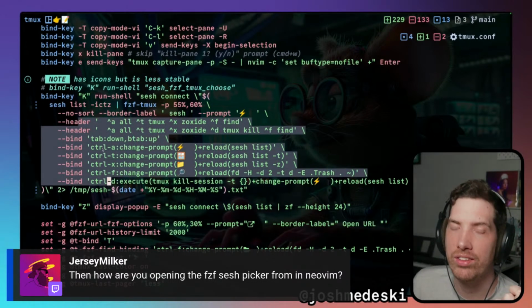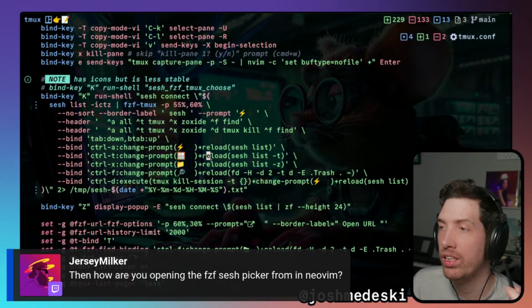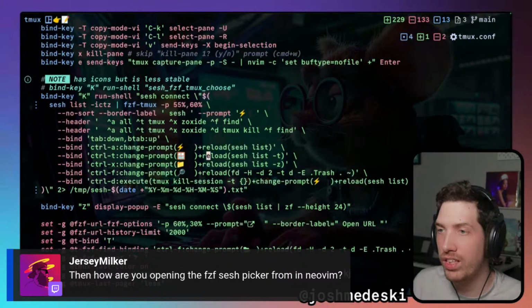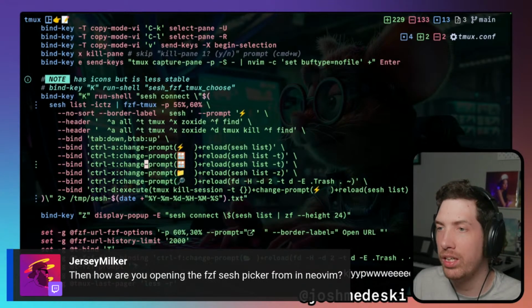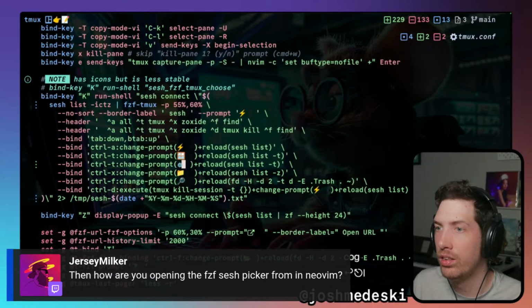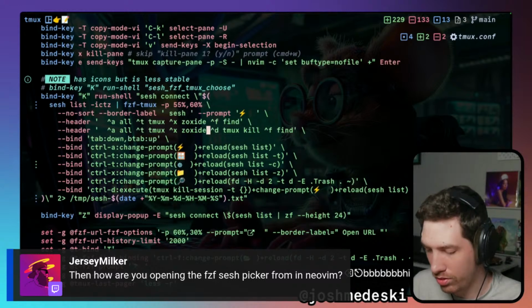What's great about this is you put this in your tmux file, and you can change it to be whatever you want. These are just what work for me. In fact, something like config might be pretty great here, right? So we can say cog. So there's our new cog, and we can say list -c. And we can say, okay, if you do, what do we want to say? If you do